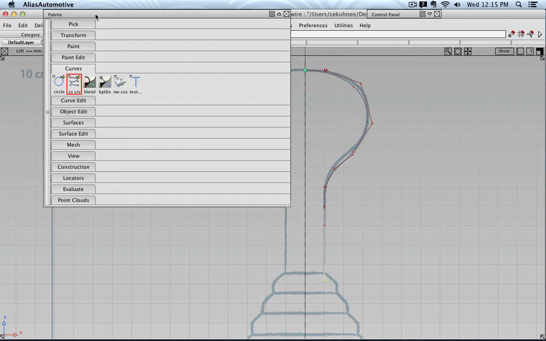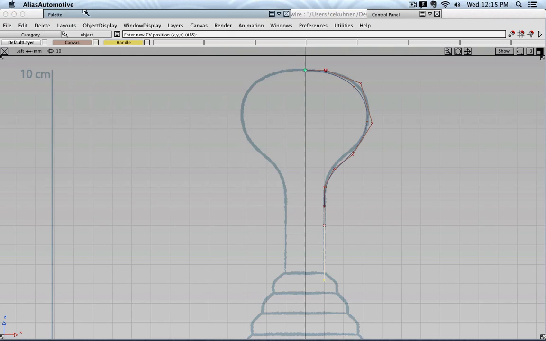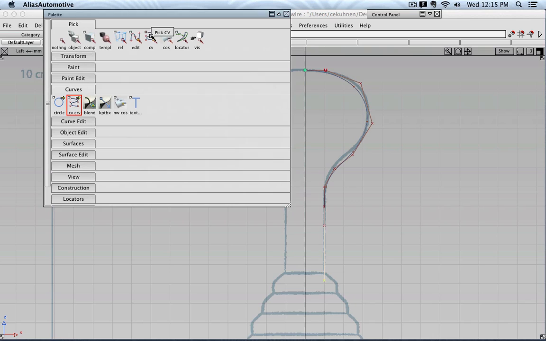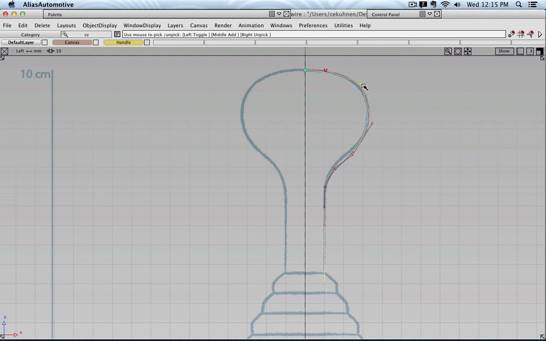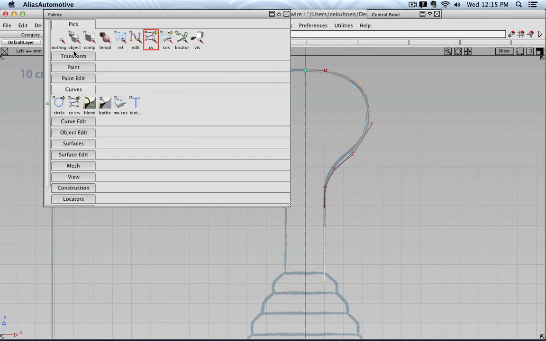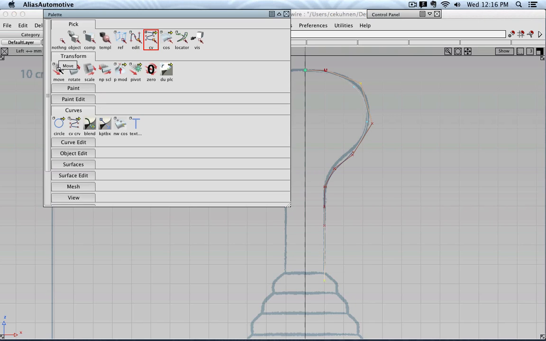So I can go to Palette, I go to Pick CV. CV stands for control point. So make sure that this tool is red and activated, and you see now I can pick those individual points, and when you click one, you select it. If you click another one, you add it to the selection. If you click it again, it deselects. You could go to transform and move,